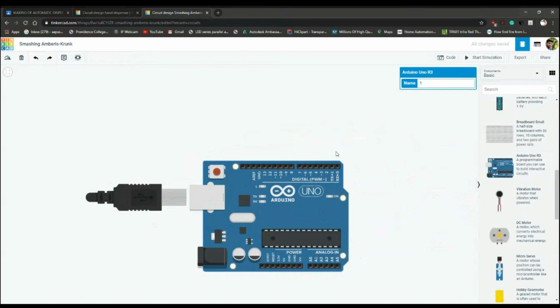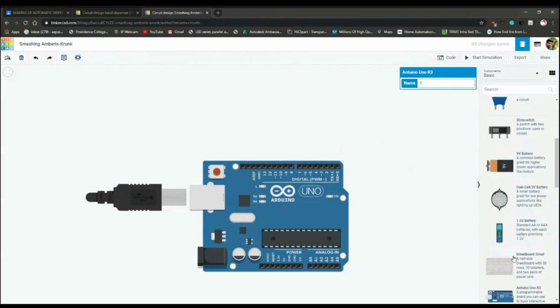Now we have to use sensors. As you go near the hand dispenser, you will show your hands just beneath the nozzle from where the liquid will come out. When you place your hand there, we will put a sensor to sense any obstacles right in front of it. For that we can use either an IR LED or an ultrasonic sensor. It depends upon what you are going to use. Here I am going to use an ultrasonic sensor.